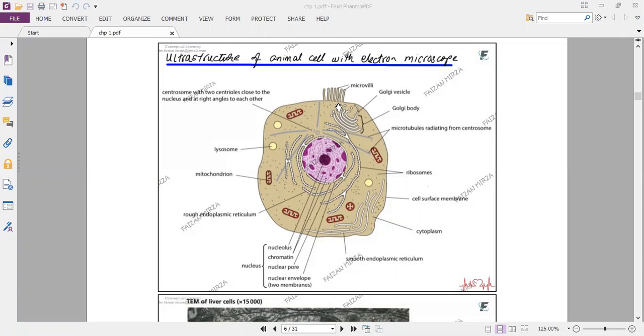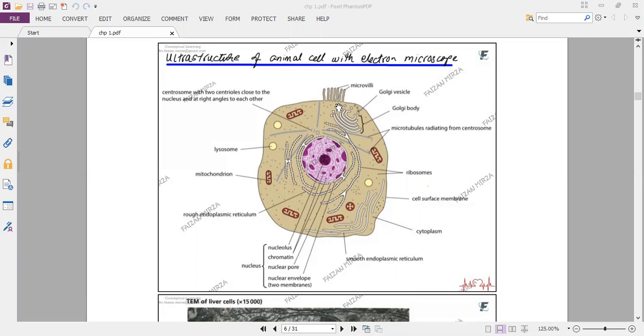So starting off from the nucleus, you can see the nucleus appears to have a nucleolus, chromatin, and the nuclear pore is very much visible. The nuclear envelope looks like two membranes. This is a distinctive feature. These features are distinctive as you compare them with the light microscope image. So keep referring back to this image with the light microscope, with a very high quality light microscope, as well as the one where you viewed it using a 400 magnification. So these are the three different magnifications that you should be very familiar with.